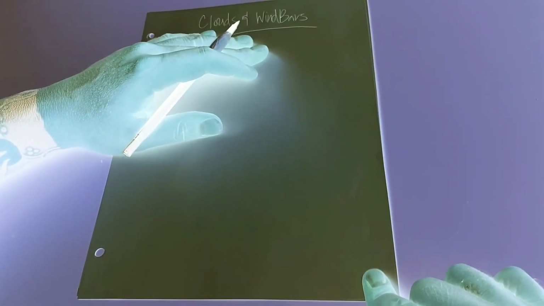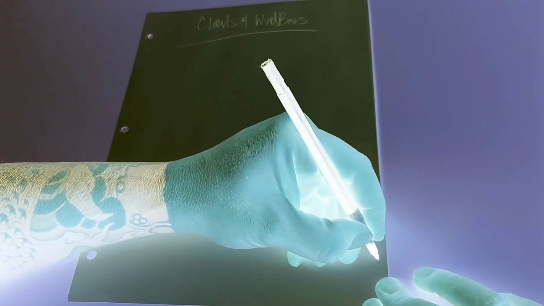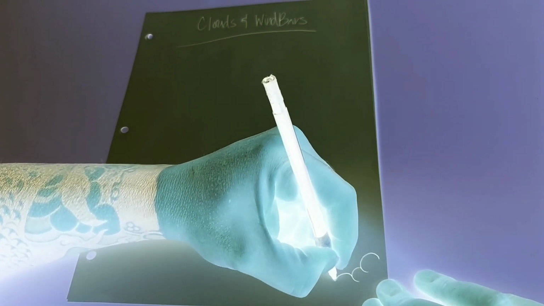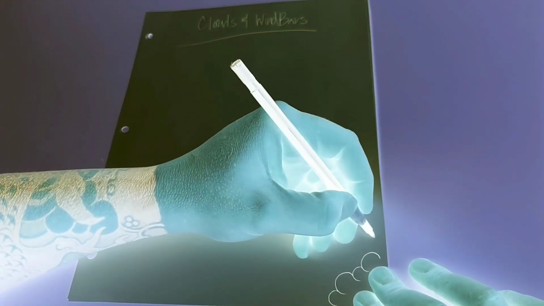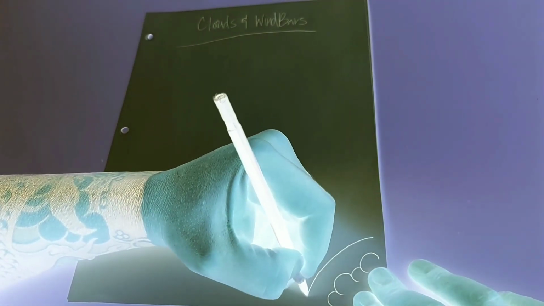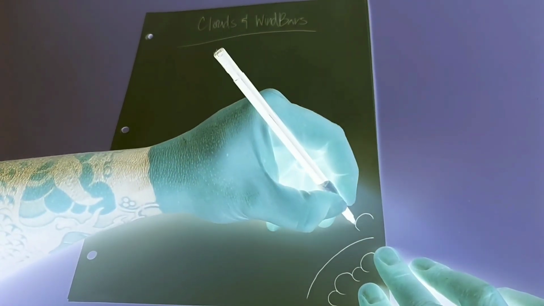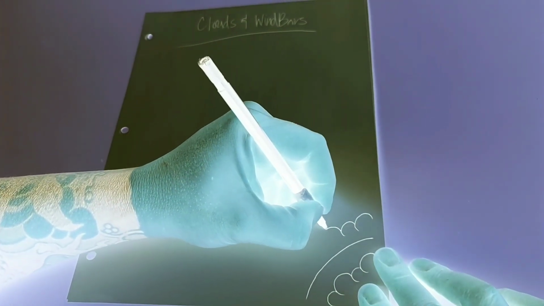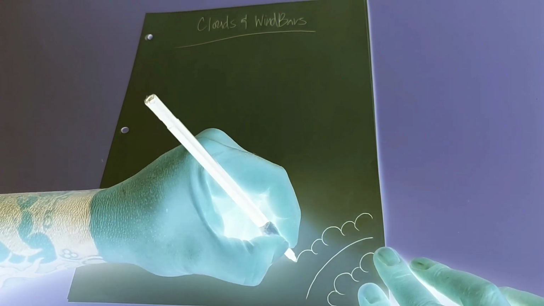Pick a place to start. Let's start on this bottom corner right here. And let's just get to it. So we'll just do a few clouds. They've got to be different sizes, okay guys? You don't want them all the same or it's going to look like, I don't know, a lace collar or something. So let's just keep it going. All right, now you see how I did that? That's going to be the wind bar right there. So we're going to keep them going in that same curvature as we go up this paper.